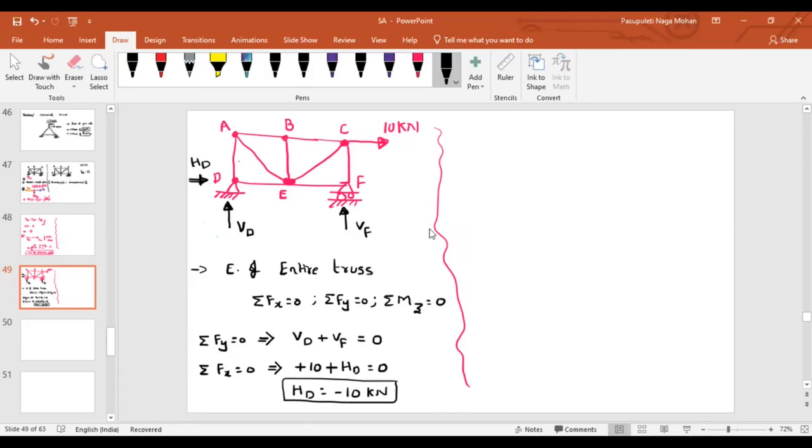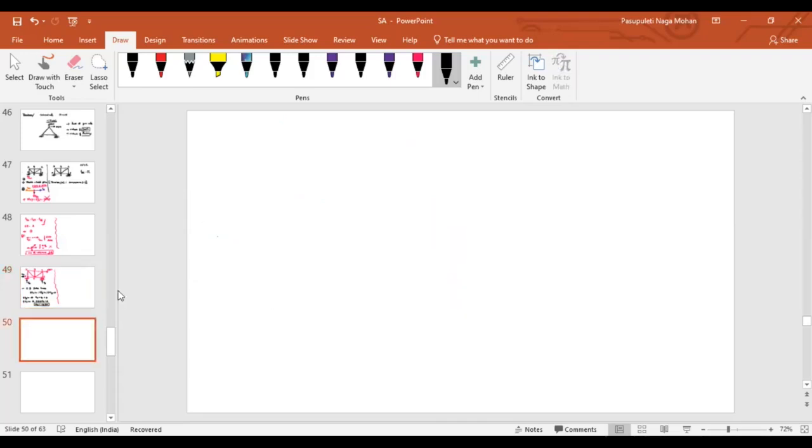Initially, we have assumed that it is acting in the right side. As we are getting a negative, that means our assumed direction is wrong. That means we have to represent it in the opposite reaction. So I will represent my reaction HD as equal to